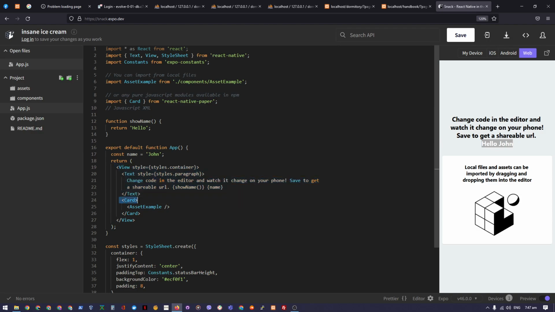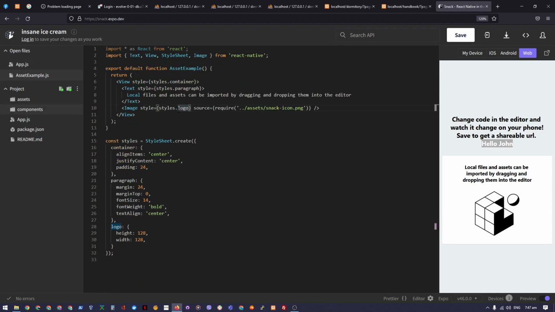Card, for example, is actually part of another library. As you can see here, the asset example is found under our own local files, so it's under the components folder. And if we open this,